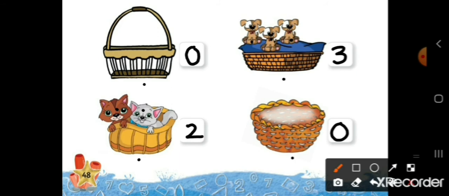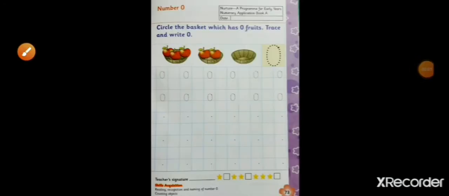Like this, you will complete page number 48. And the done page will look like this. Now, children, open page number 73 of Numeracy Application Book A. Let us read the instructions.